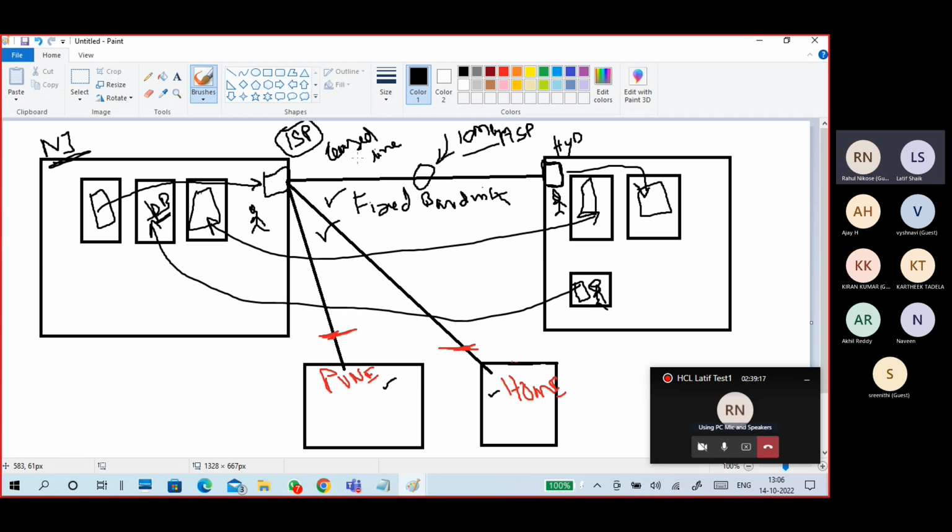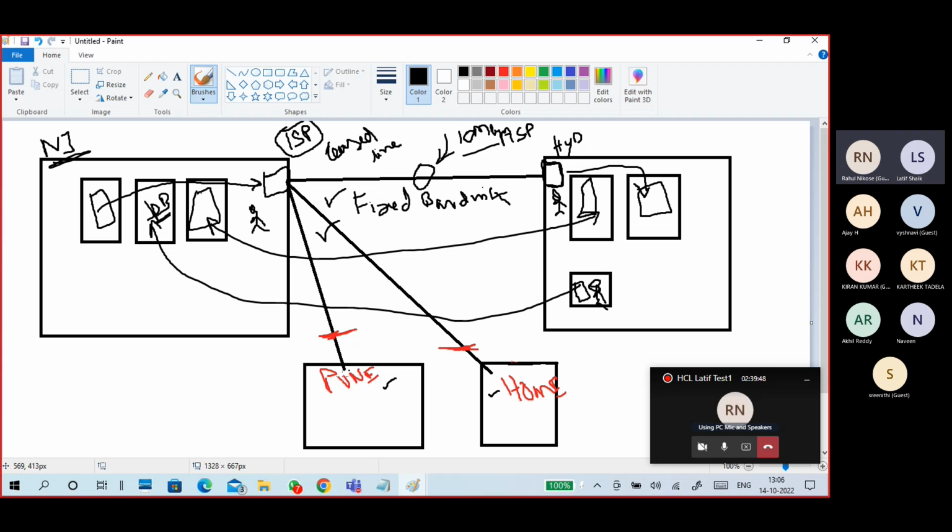But the problem with these leased lines is that we cannot connect these connections to different places. And security is also a concern. Even if it is a leased line, it is not secured automatically. You have to put firewalls and secure the lines, and encrypt your data transmissions.